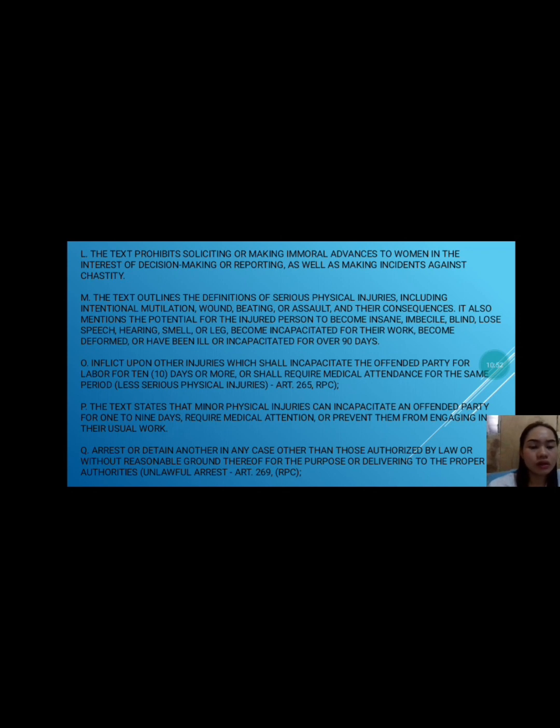So Q: arrest or detain any person in any case other than those authorized by law or without reasonable ground therefor, for the purpose of delivering to the proper authorities. So this deals with unlawful arrest. It occurs when someone arrests or detains another person without proper authorization by law or without reasonable grounds to do so. Unlawful arrest happens when someone is held against their will without a valid reason or without following the legal